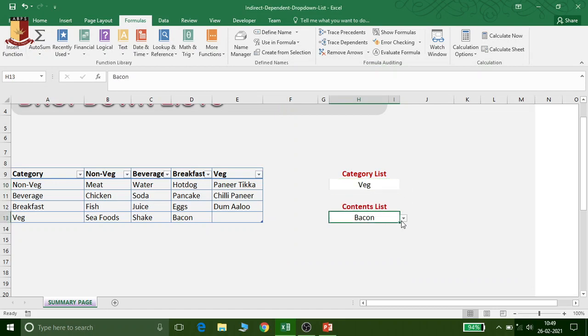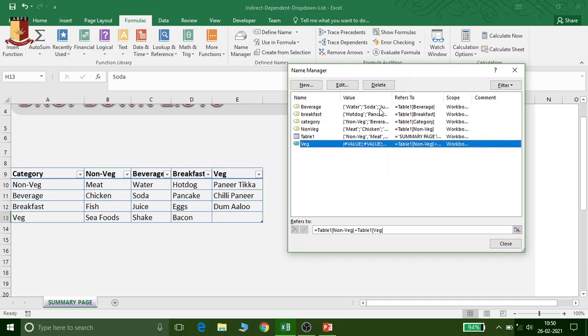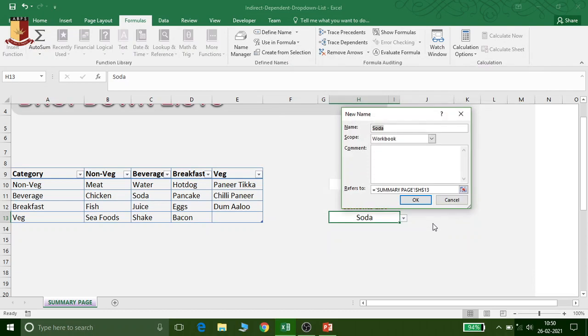Now change it. Now again select this, again veg is not coming. Okay, let me check. Okay, now move back to the Name Manager again. I am deleting this one. Okay, I just deleted it. Now again I am creating veg.